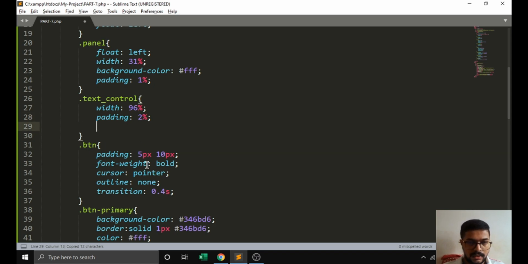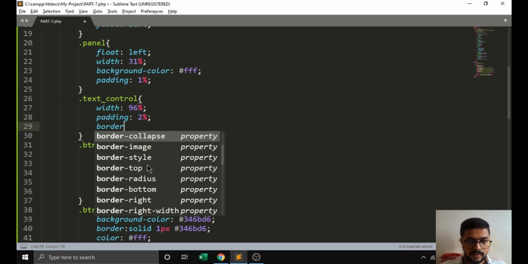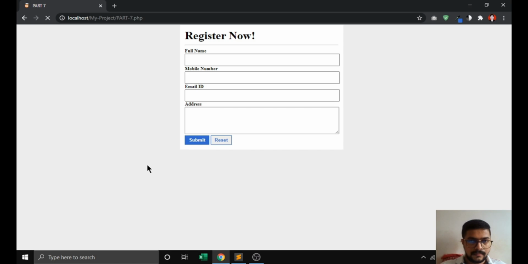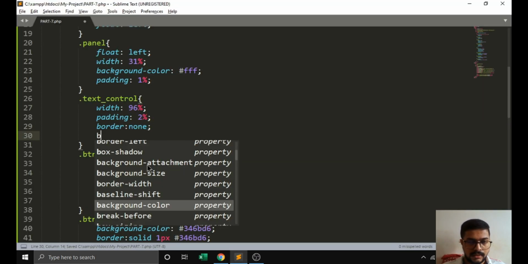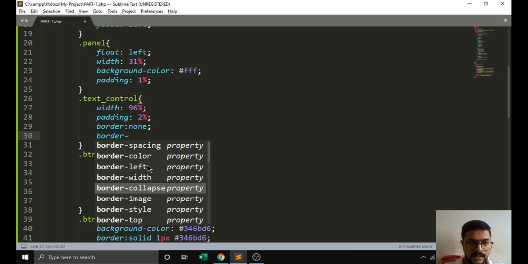By default we are removing the border property, border none, then it will look like this. Then we are adding border dash bottom. We can set border directly to all the edges, or we can write border dash top, left, right, bottom. There are 4.